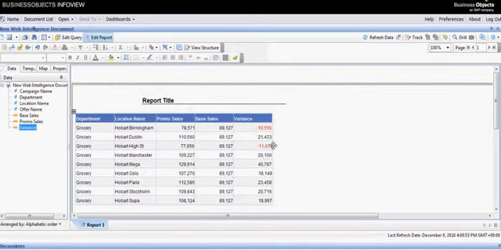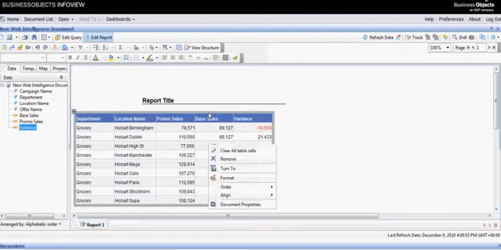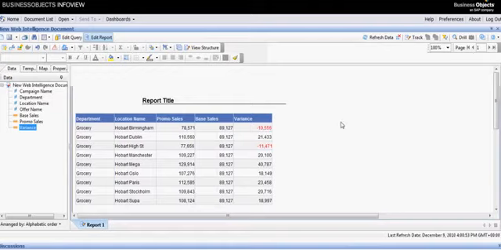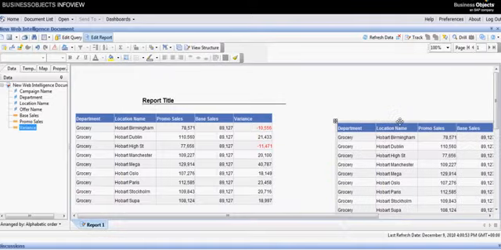I'd like a chart to go with this table. Well, with Web Intelligence that's very easy. Just click on the table, or block as it's also referred to. Right click, get a menu, click copy, click over on the right hand side. Right click, get a menu, click paste. The block appears. Just line that up a little bit,